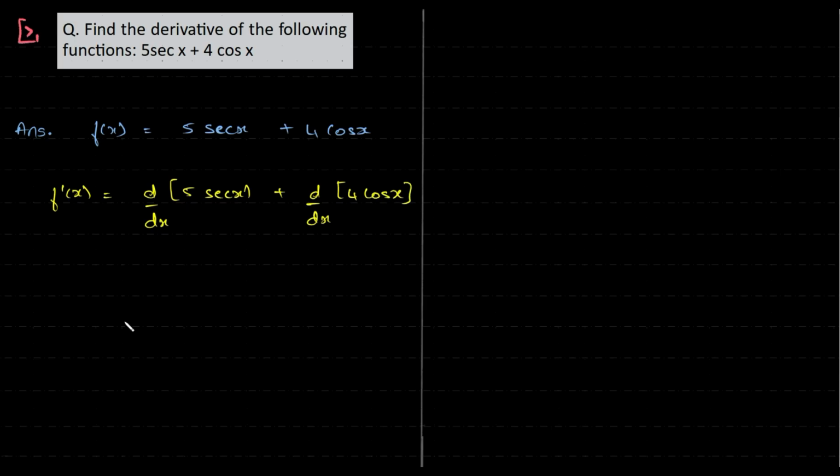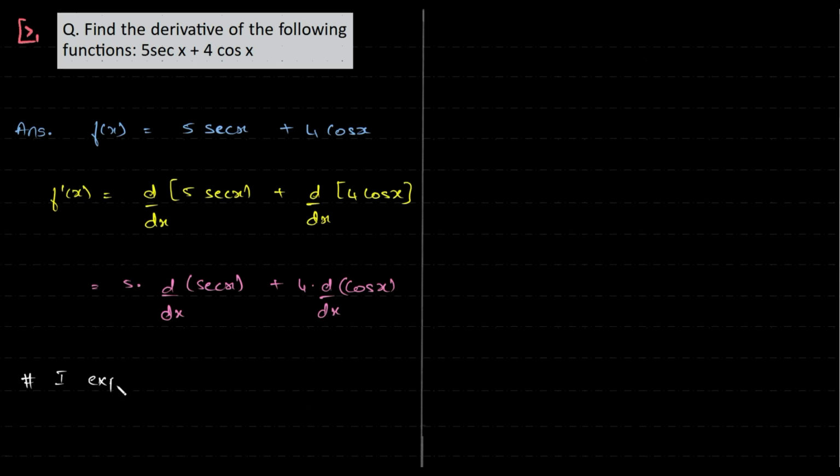In this case, I have the 5 that is a constant, I can take it out, and I just have to figure out the derivative of secant x, and here I have to figure out the derivative of 4 times the derivative of cos x. So we know the derivative of cos x is minus sin x, while the derivative of secant x, if you are able to write it directly, you can do so, or if not,